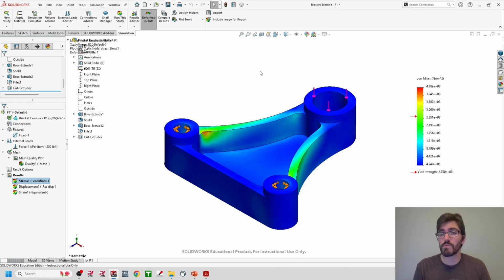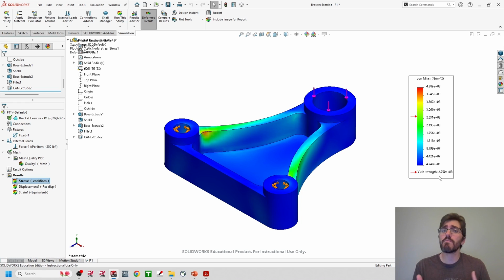There's nothing terribly wrong with it. We might have a couple of areas where the model might fail, where we start to see that yellow, orange, and red of the heat map. However, I do want you to think back to what we were talking about with yield strength, tensile strength, and so on, and where those stress-strain curves were going to be applying points of plastic deformation versus elastic deformation. So if you look here on the right-hand side on our von Mises scale, we can see that the yield strength is set to 2.75